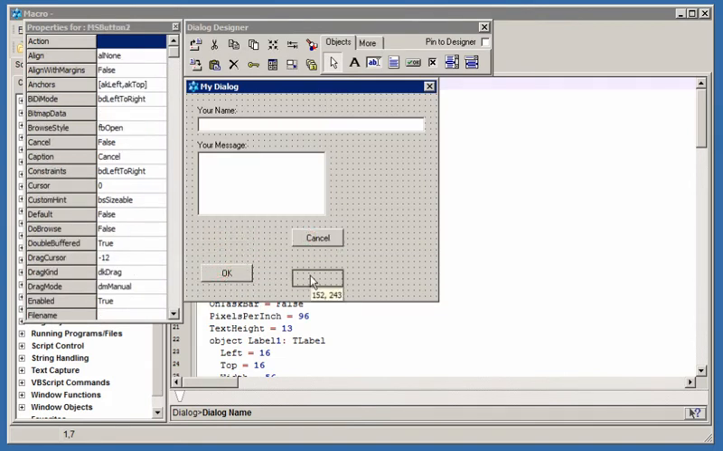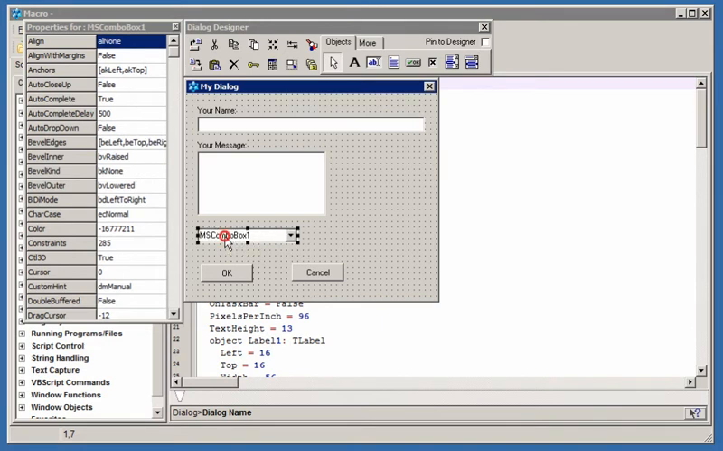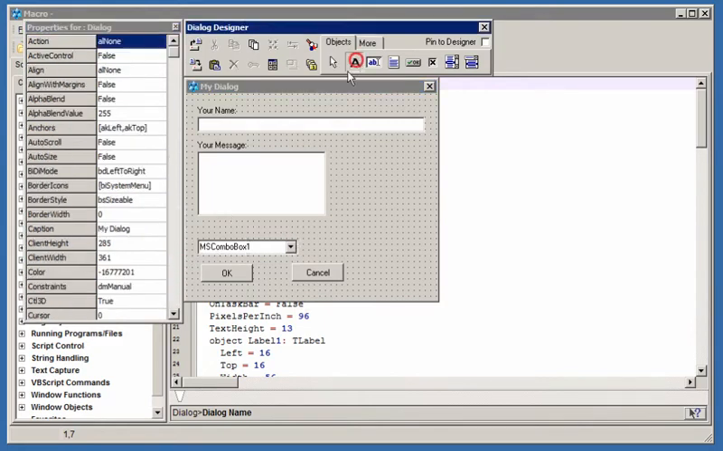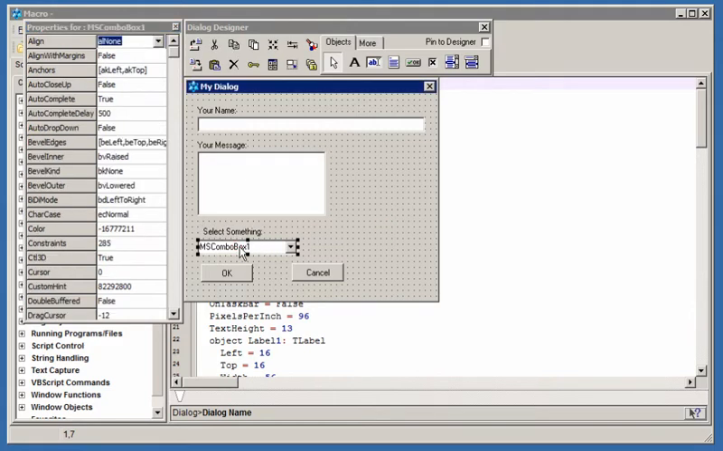Let's have a look at the combo box first. I'm going to make some space here and we're going to add a combo box to the form. We do that in exactly the same way, using the objects up here, and I'm going to put a label on there as well. I'll change the caption of the label to ask the user to select something,